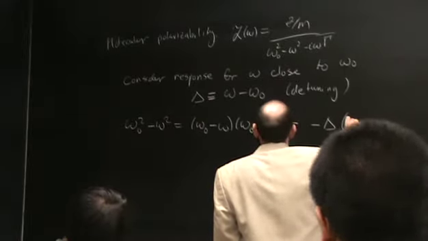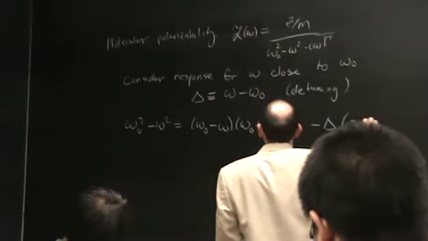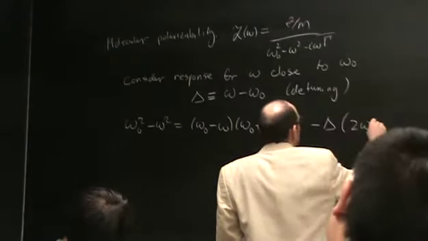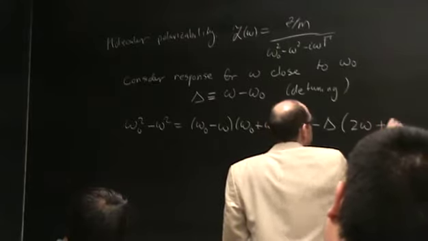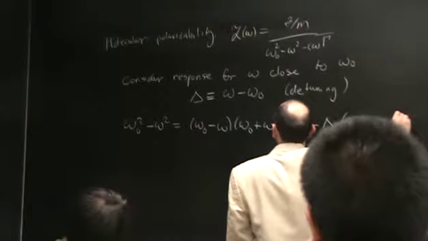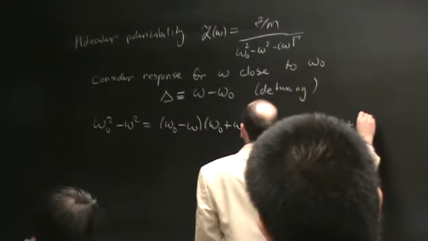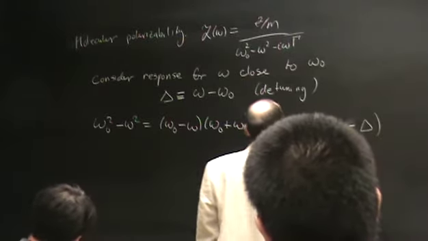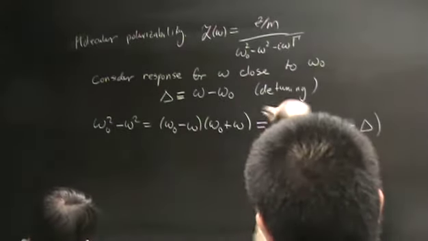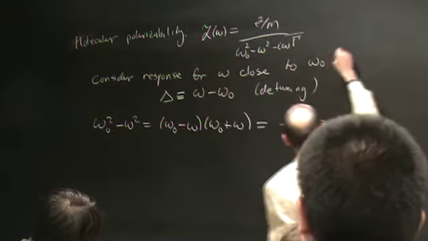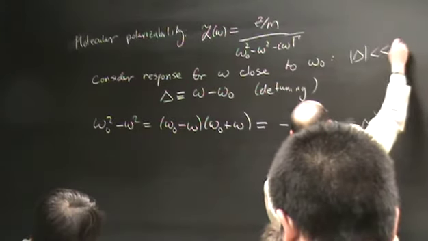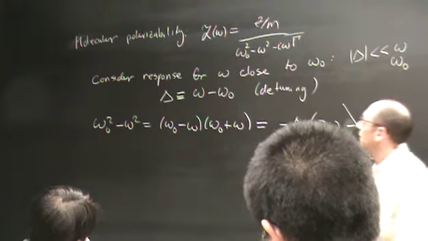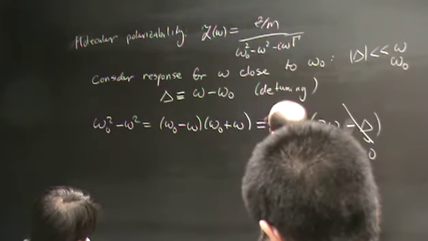times 2 omega plus delta. We're going to look at, if we're close to resonance, what this means is that the magnitude of delta is much, much smaller than either omega or omega naught. And I can ignore this. So under that approximation,